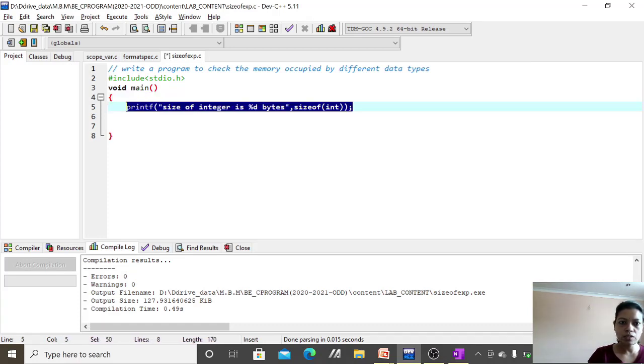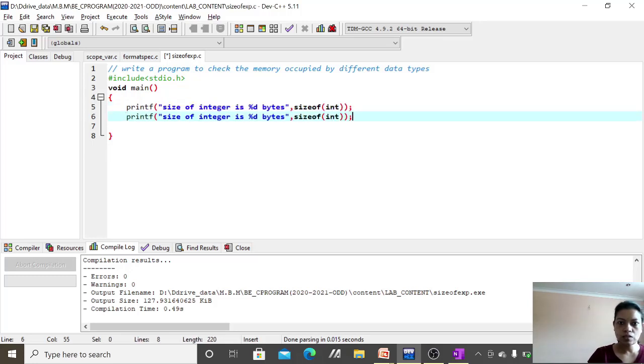Similarly, you can check the size of characters as well. Simply I am copying this sentence, Control C, Control V. Rather than integer, I am writing character. Here I want both the lines to appear, with the second line appearing on the next line. That's why I am using the escape sequence, that is \n.